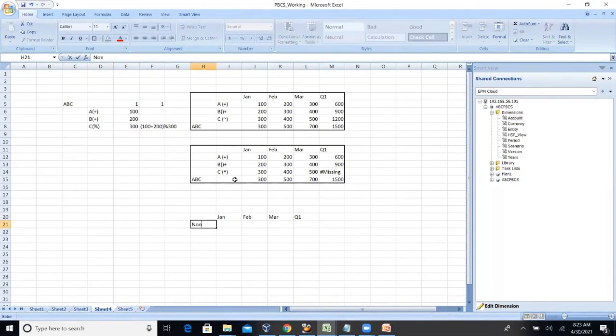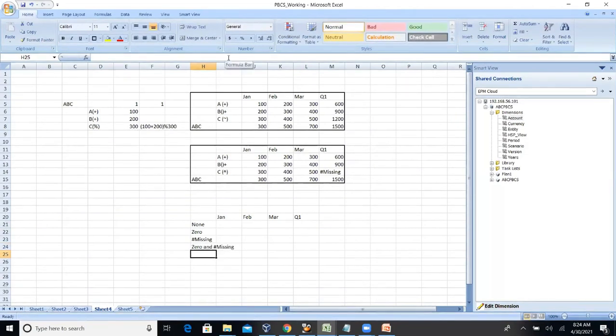The options are none, zero, hash missing, and zero and hash missing.